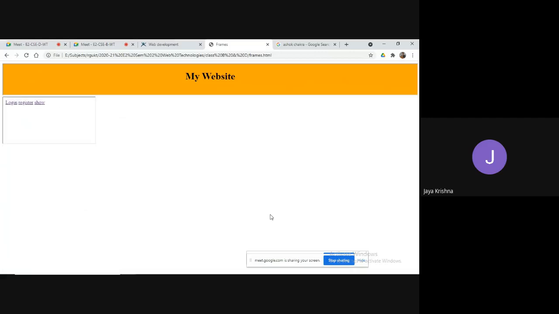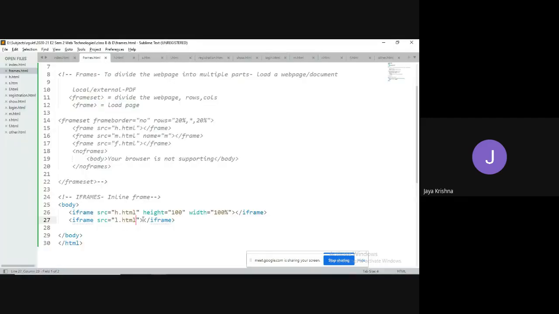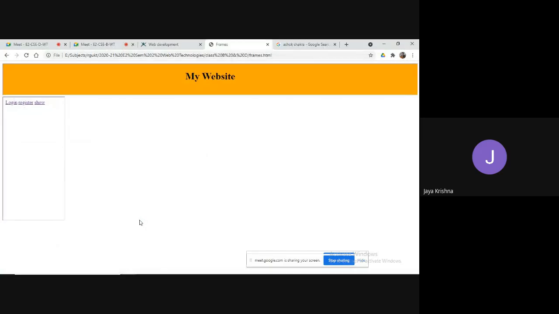Observe. Login, register, show. But I would like to set some adjustment, right? Yes. Height equal to 400, width equal to, for example, 200. I have given the color as pure white only.